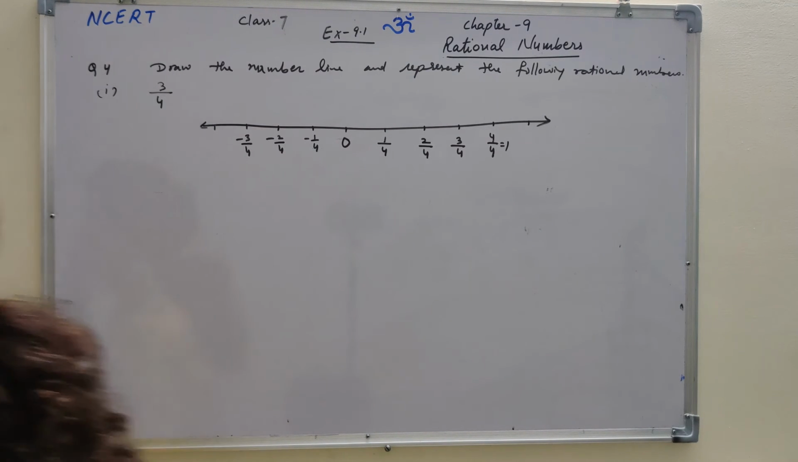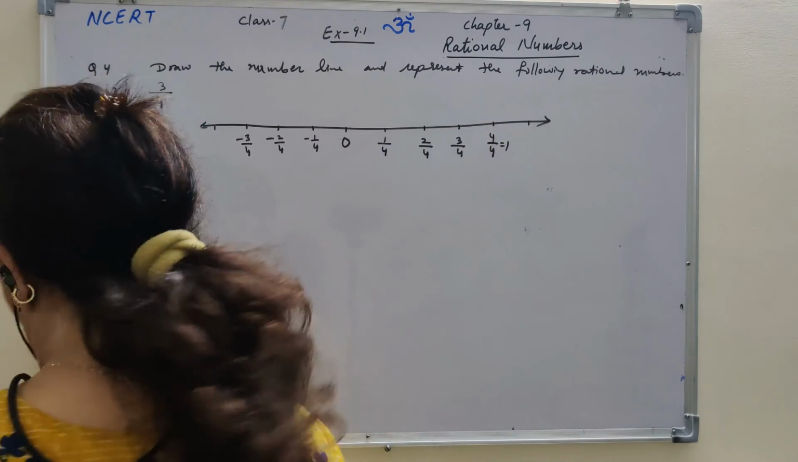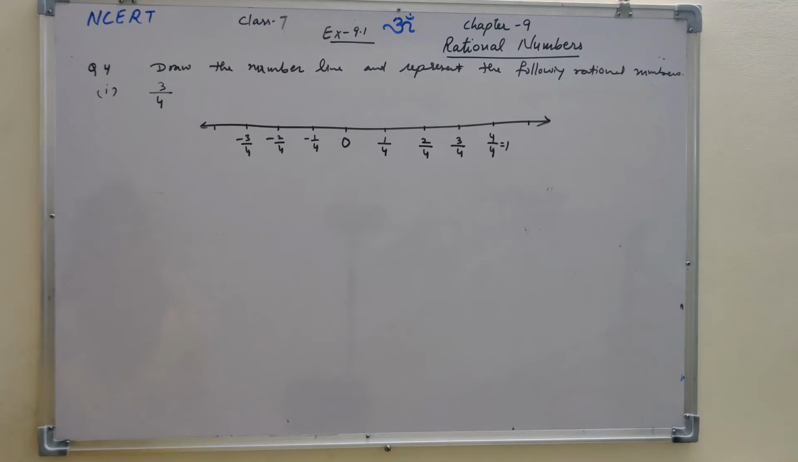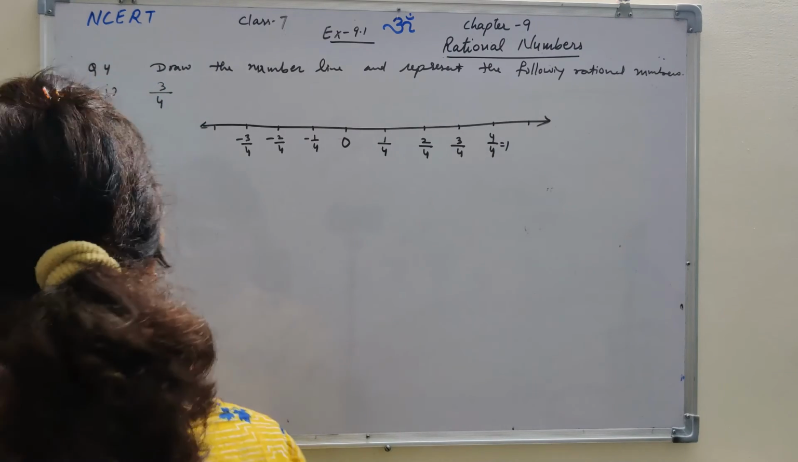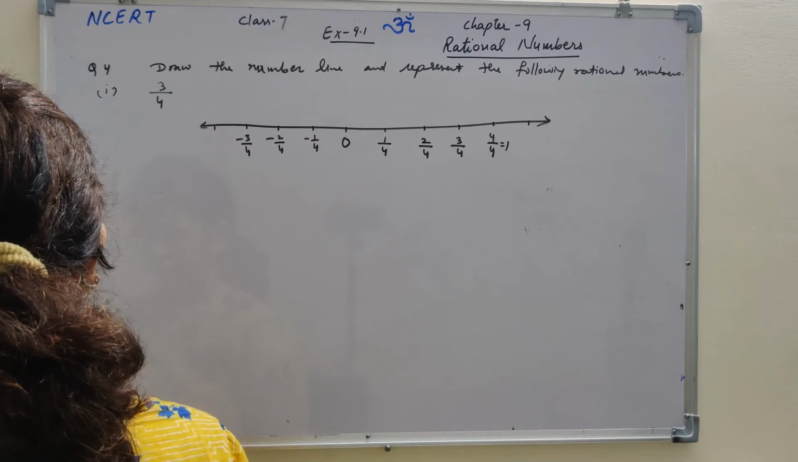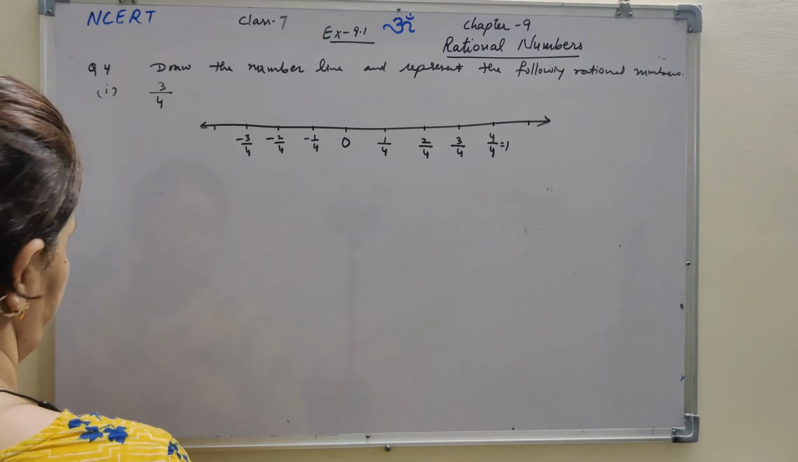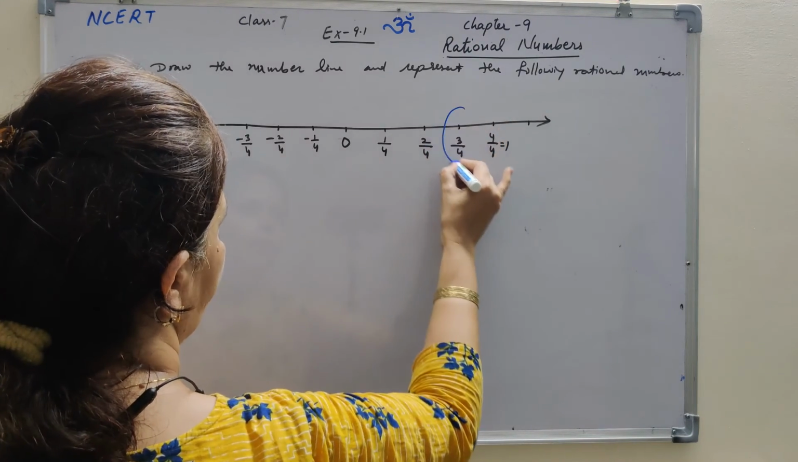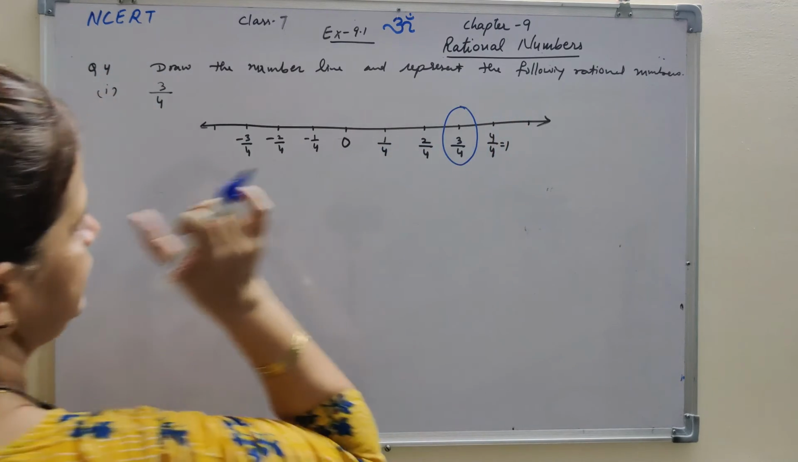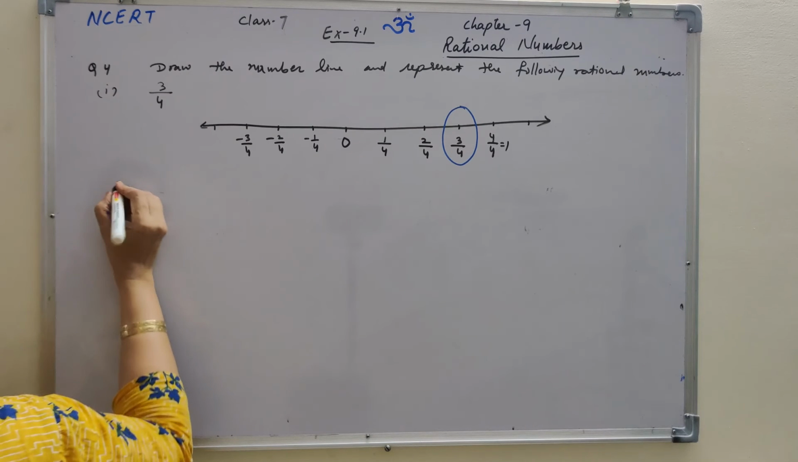So what I will do, I will either circle this or put an arrow on this. Both ways you can represent. Either you draw a circle over this, then also you can do minus, you can represent minus 3 by 4. So I am making a circle over which is 3 by 4. Second part which I have is,